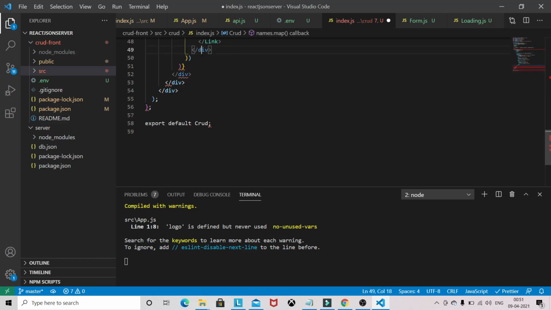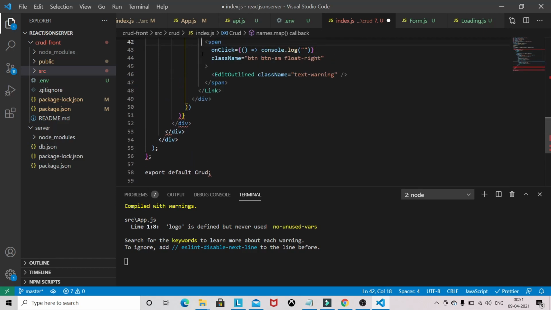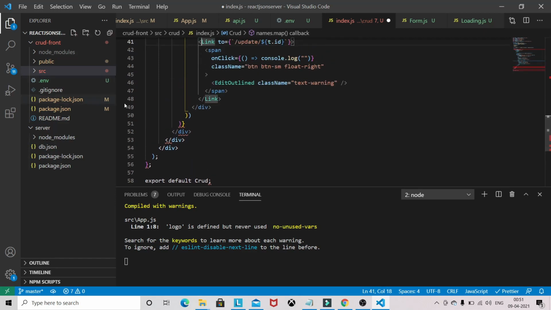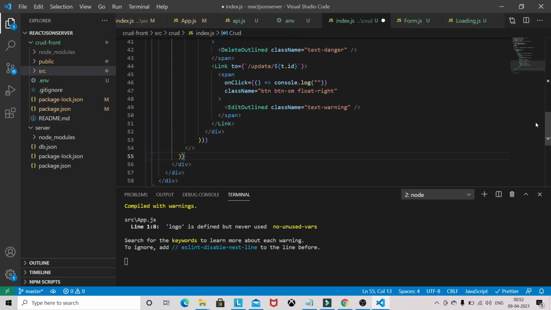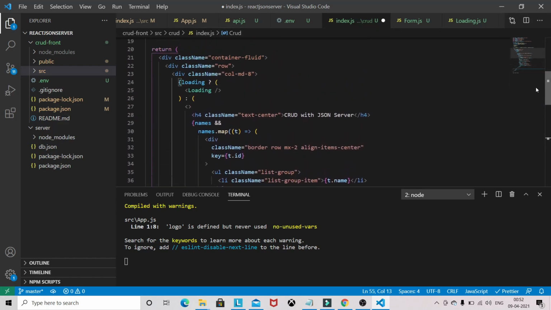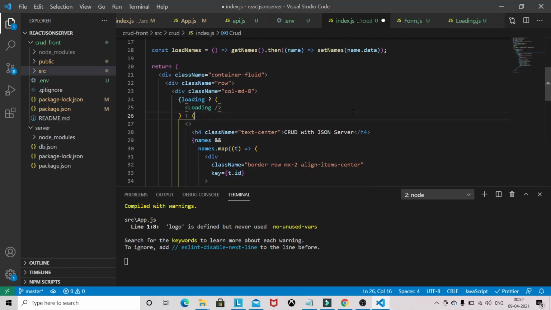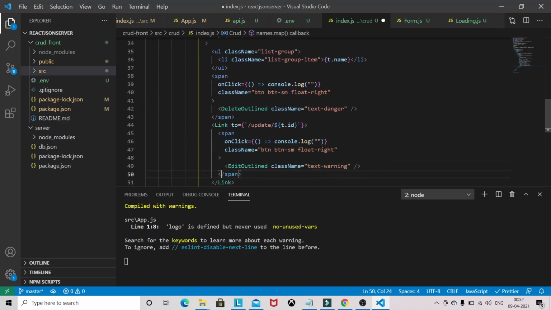I think we have one extra here, and we need to close this one. Okay, now we have to format this code as well.